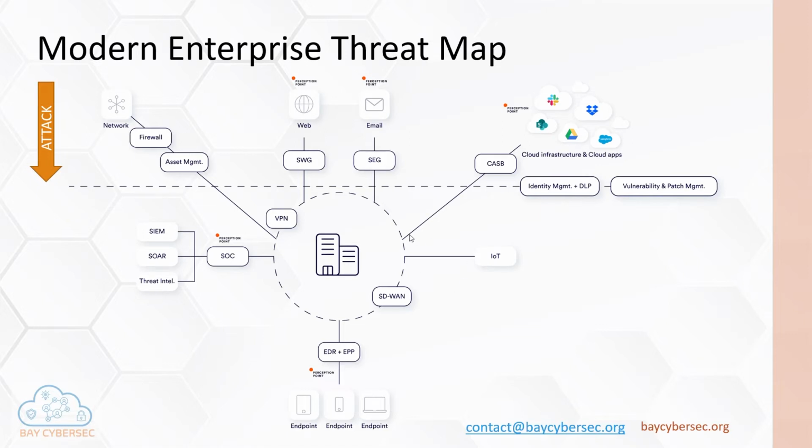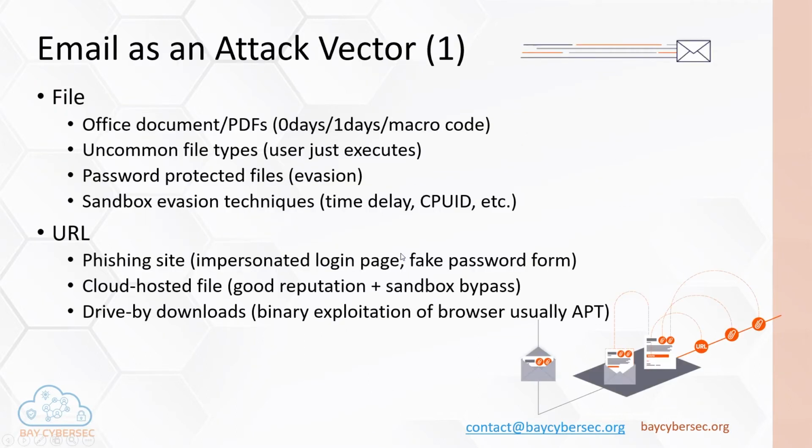Moving on now, I'll be talking about every attack vector from the outside in. Let's start with the most interesting one, which basically all the cybersecurity companies say: 90% of the attacks come through the email channel. So how are the attacks coming in? What do they look like when they come in through email?